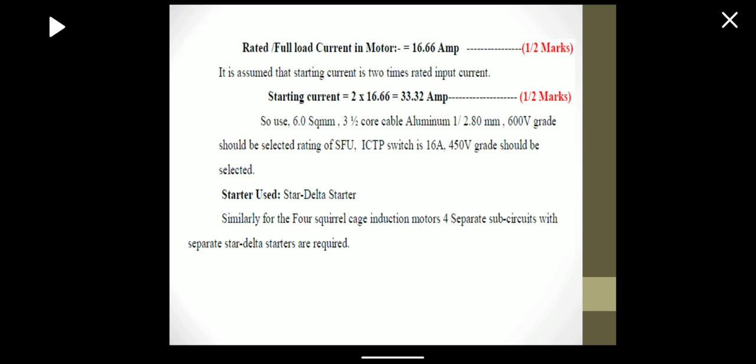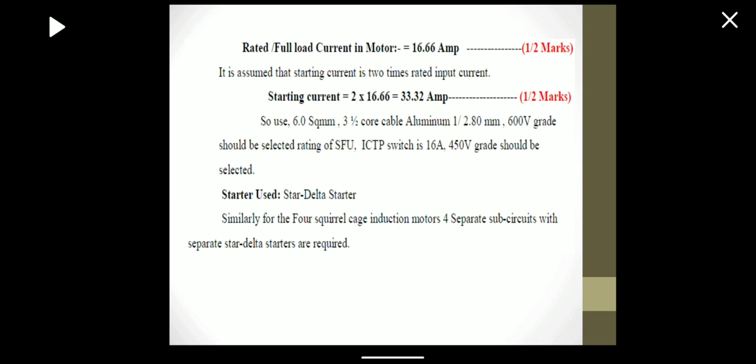So multiplied, 16.66 into 2, the starting current is equal to 33.32 ampere. So for this we use 6 square mm 3.5 core aluminium cable, 1 by 2.8 mm, 600 volt